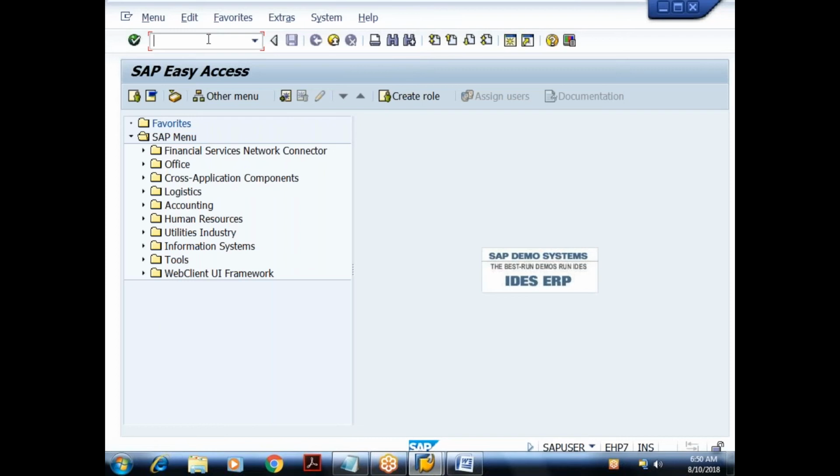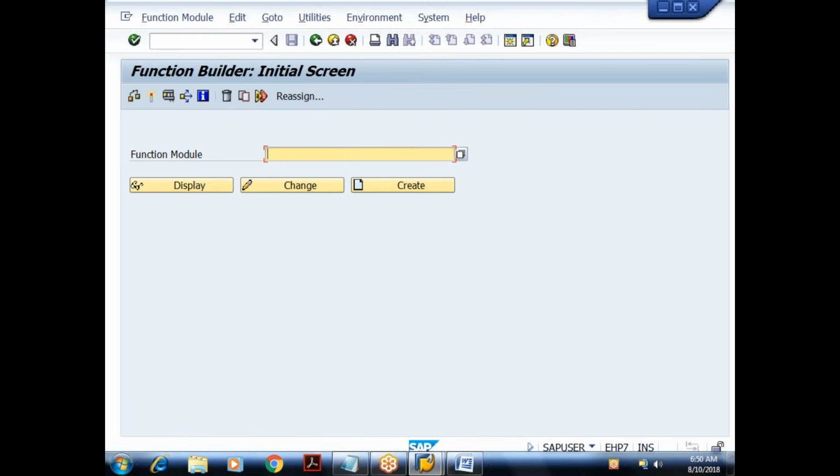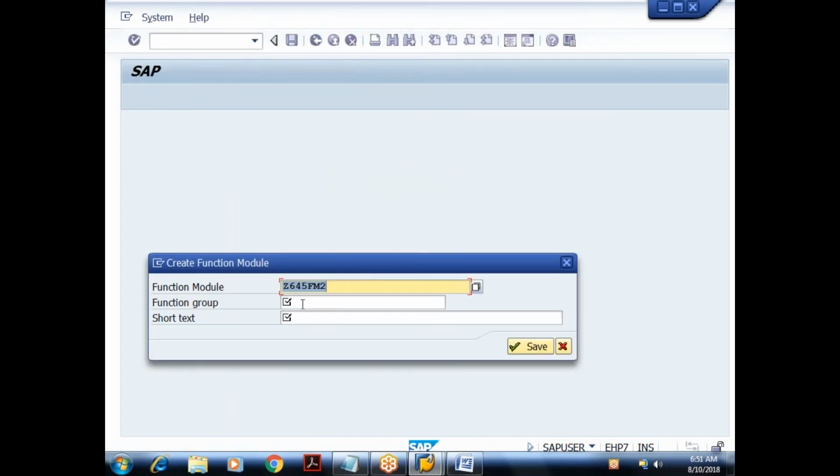So where do we create the function module? Function builder, SE37. I'll go to SE37, provide the name of the function module. I'll give it as Z645FM2. I'll click on create. It is asking for the function group. Let me give the name of the function group as Z645F group, which we have created just now.